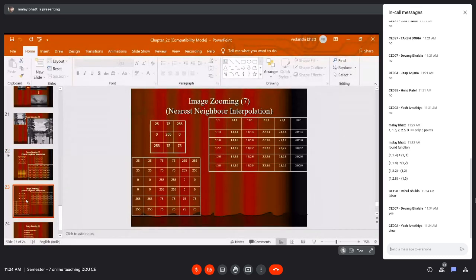You can see 1.4 is converted to 1. So the first two are 25. 1.8 comma 1 is converted to 2 comma 1, so 2 comma 1 will be your 75.